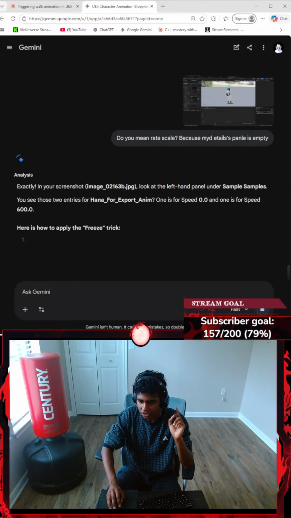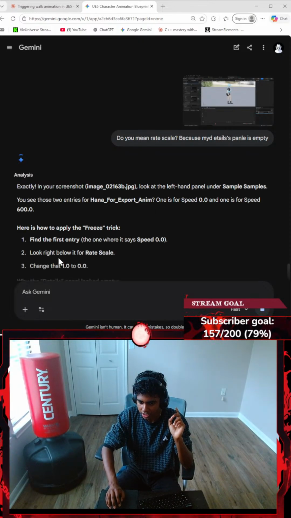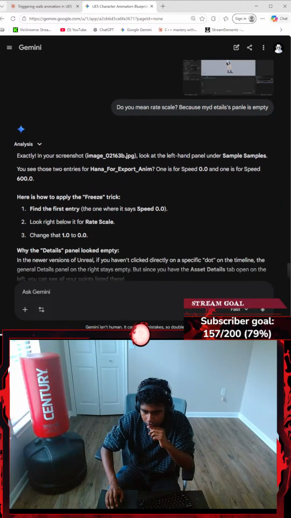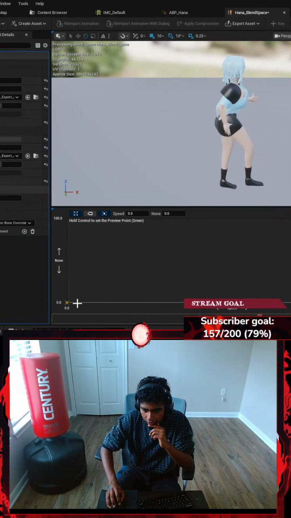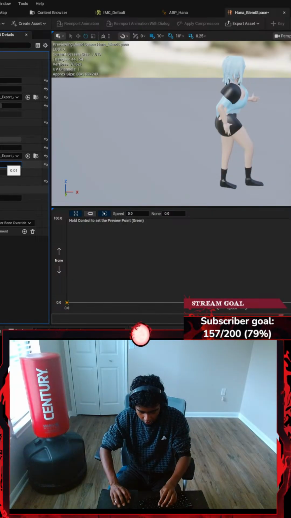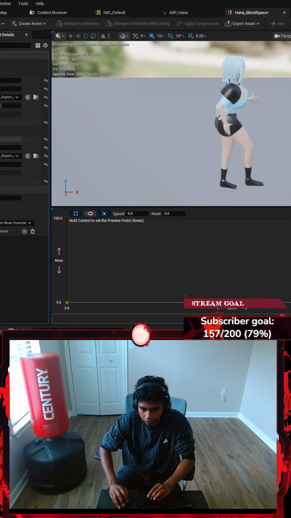Analyzing image, exactly your screenshot has this stuff. Free stick, find your first entry speed. Looking right below your rate scale. Change it to 0. Okay, so I'm gonna go ahead and select that. Rate scale is gonna be set to 0.0. Okay, well, it does not really go down to 0, but